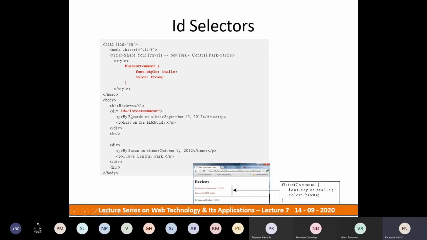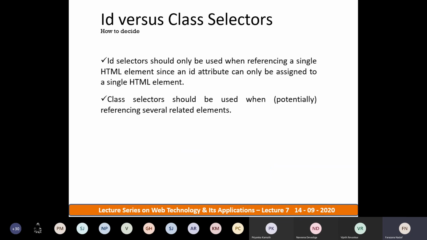So the division with ID latest comment, then the comment content of the division element, will be applied using the identifier selectors. But the class selector can be used anywhere at any position, whereas the identifier can be used only once per page. So I think you understood the difference between class selector and ID selector, right?